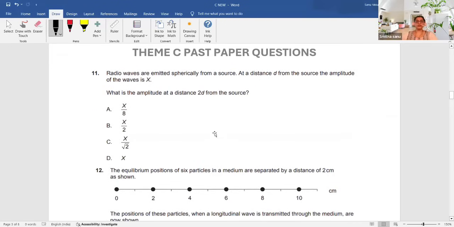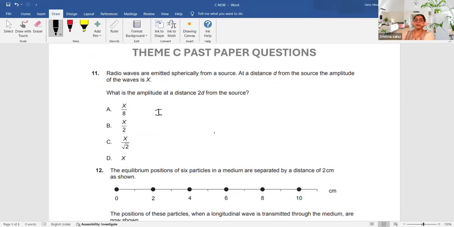Let's go to the next question. Radio waves are emitted spherically from a source. At a distance d from the source, the amplitude of the wave is x. What is the amplitude at a distance 2d from the source? So first we already know that